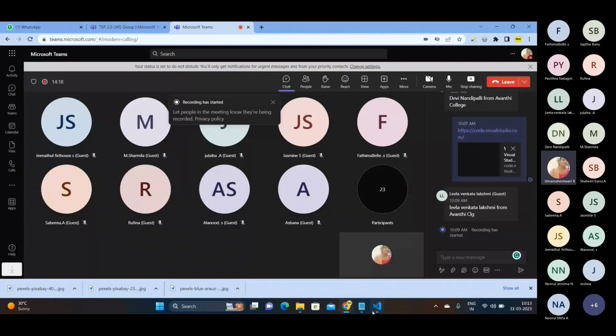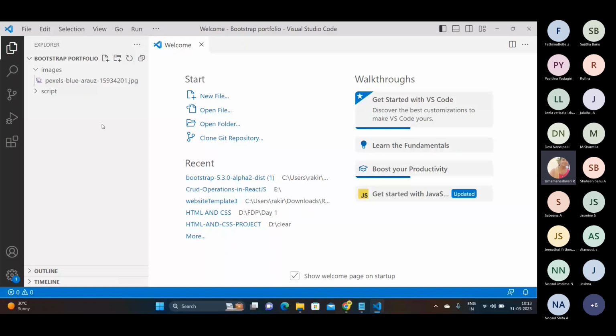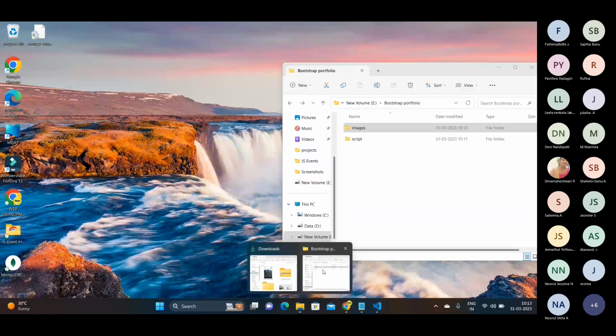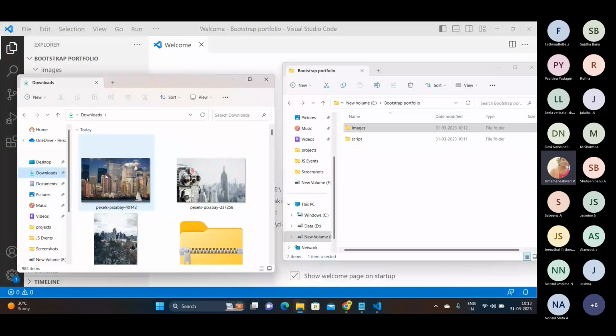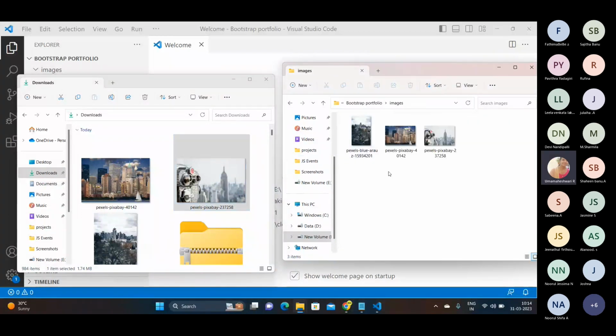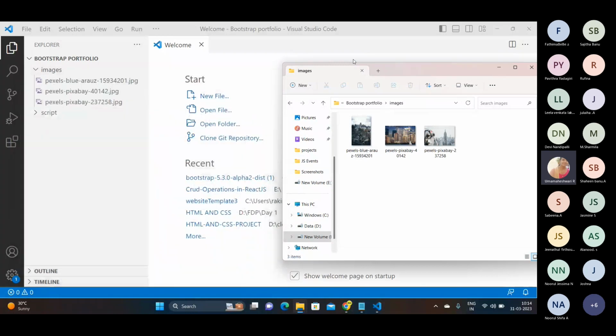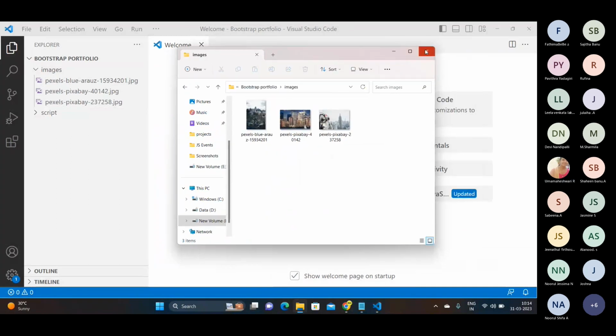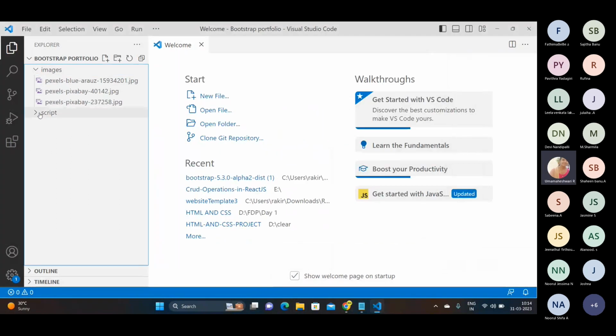Okay, so now just go here and also copy the remaining downloaded files into this folder. So like this only you will be doing your real project. So if you go here, you can see there are some different 3 images. Okay, so after this, if you come to the script folder, what we first need to create for